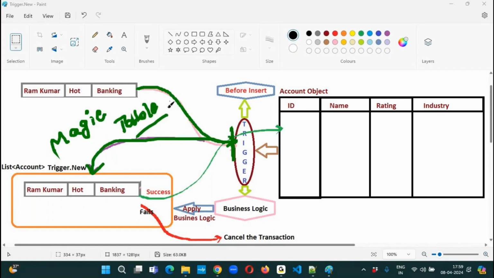Okay, so in this case, whenever we are trying to insert a record into the object, the trigger will fire automatically. The trigger will stop the record at the entry. It will move the records to a temporary place to do the validation. Now, the concept is very simple. For example,